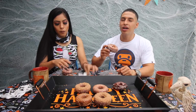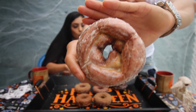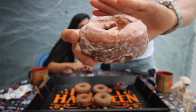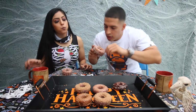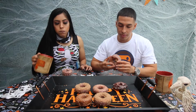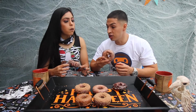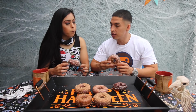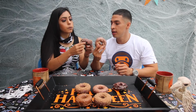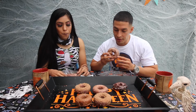But anyways, moving on to their next donut, which is their old-fashioned cake donut. It's a vanilla bean cake donut, glazed with vanilla bean glazing. I do love this one. I think it also has nutmeg, so this is gonna be delicious. Cheers. And guys, right when you bite it,